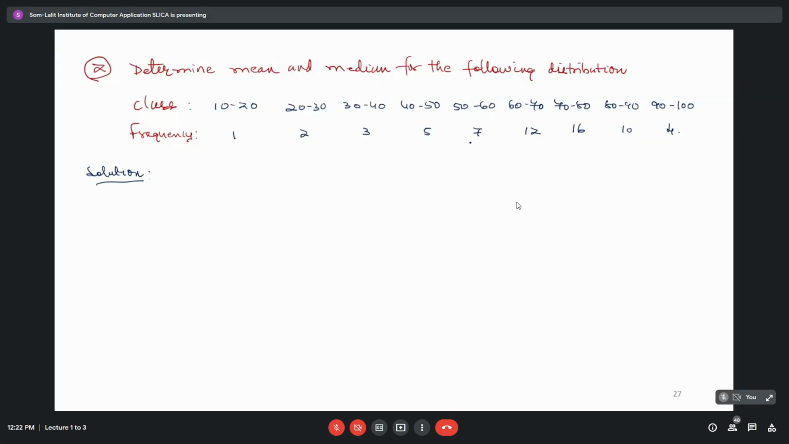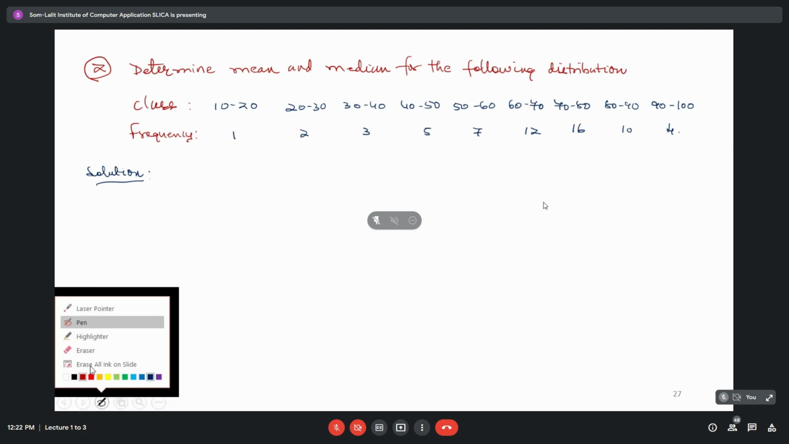Then time division of all these frequencies, right? The total number of observations it was total. So what you asked for is the arithmetic mean and median both. So let's do this. Here, as far as the solution is concerned,